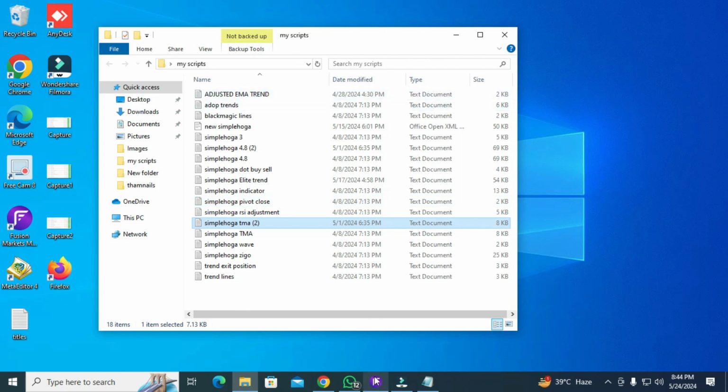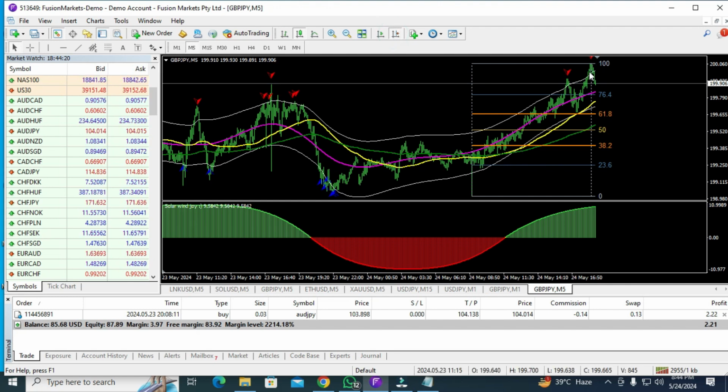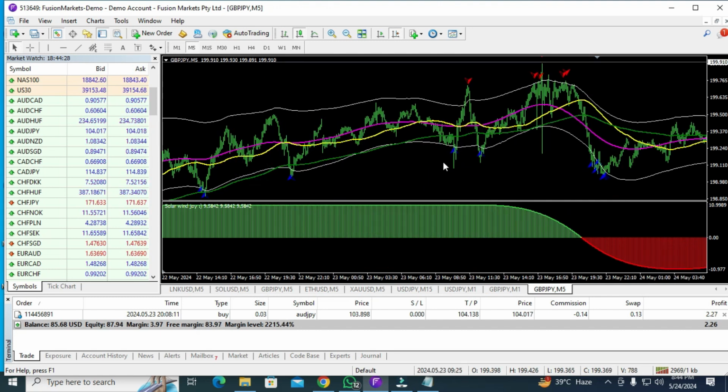And if you are interested in my MT4 indicator, it gives you awesome results. Believe me, this is an awesome result. When this one is red, you have to go for the sell trade. You can book your profit here. The buy trade is 100%. Actually, not 100%, you can say it's a 200% non-repainting signal.